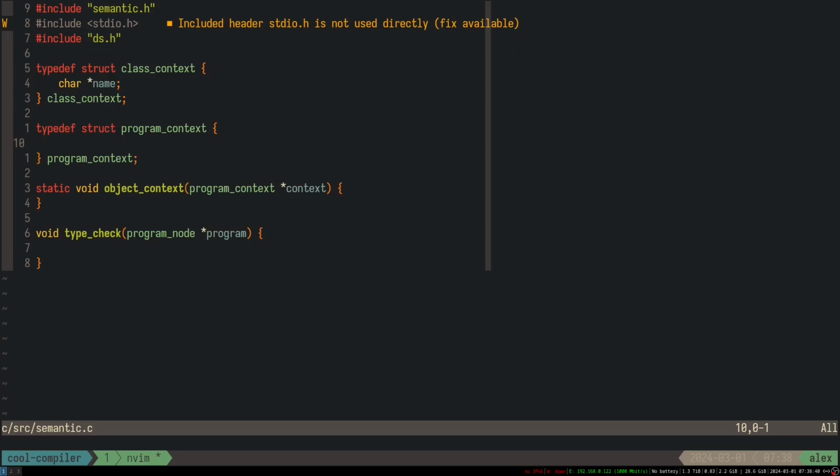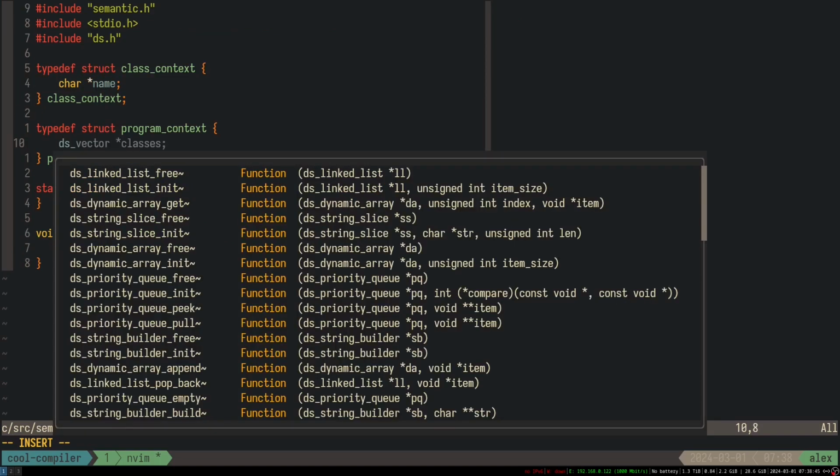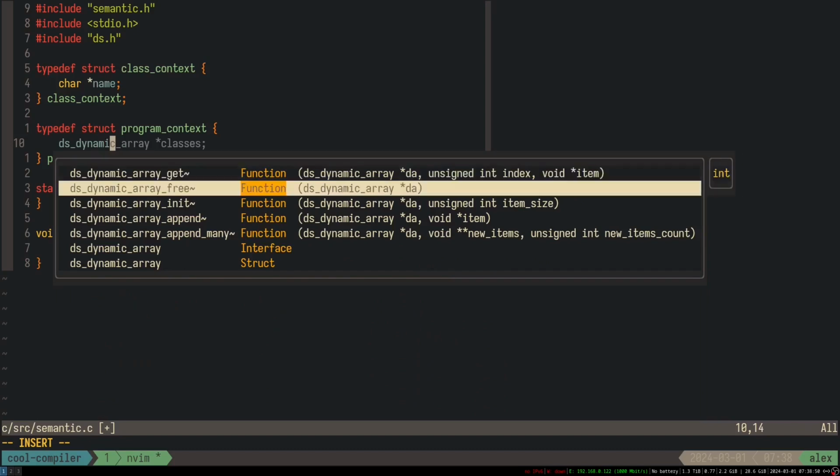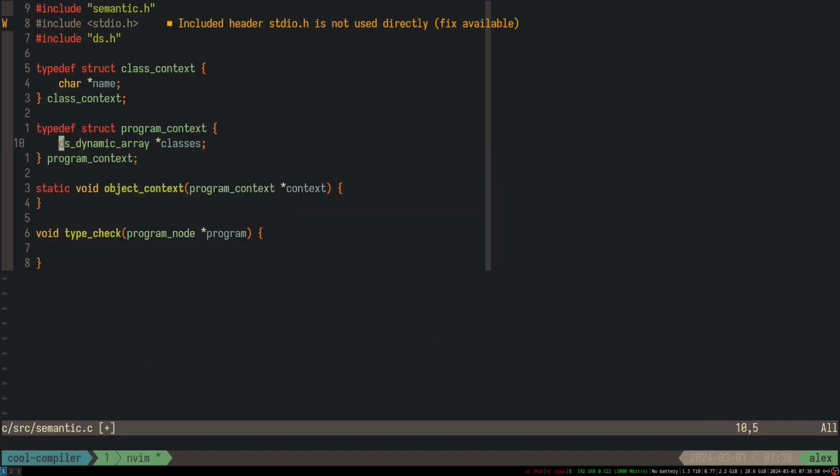So that's why having the name in the class context is fine for now. So here I'm going to need a ds dynamic array of classes. Okay, so we need a dynamic array of classes, and